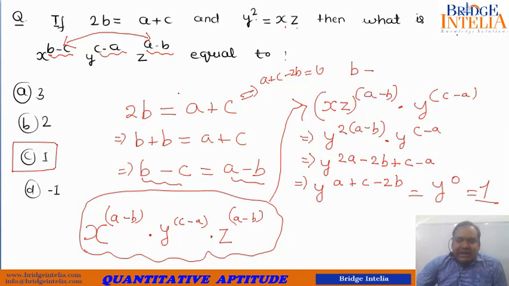Now in exam time, I would suggest that you can also go for taking some dummy values. What do you mean by dummy values? For example, you could have taken a to be equal to 1, c to be equal to 3, b to be equal to 2. And then you could have chosen this to be anything. For example, you could have chosen y to be equal to 4, x to be equal to 2, z to be equal to 8 and something. So you can take various numerous other strategies.